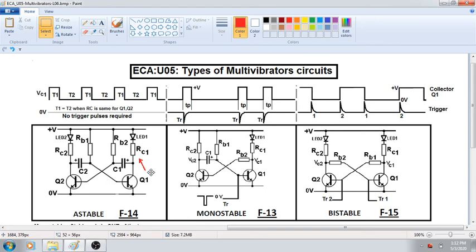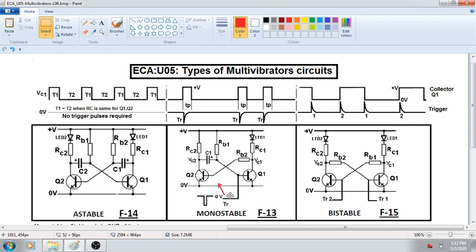Okay, now many times what happens is, the circuit will fail to go into that oscillatory mode. Okay, because of the close equivalence of the beta values of the transistors or internal issues. So Q1 and Q2 may not be complementing each other. So in such a situation, you need to do something more to this circuit, so that every time you give power, it will be providing an output like this. So these things we will discuss when we are separately talking about the design of astable multivibrator.